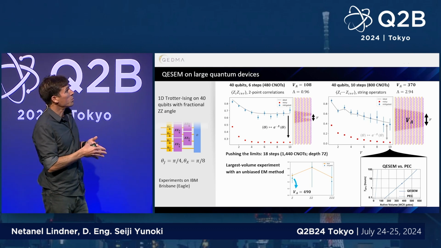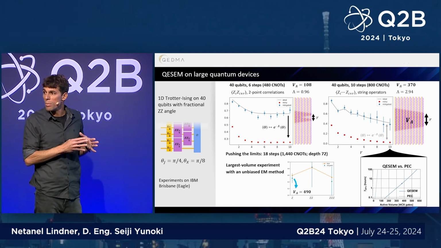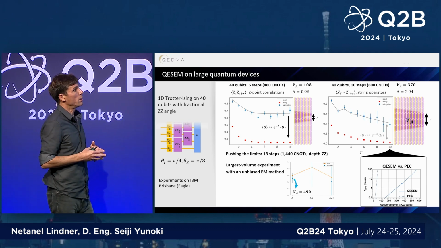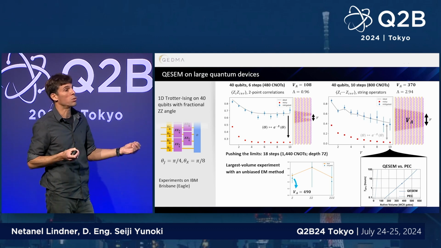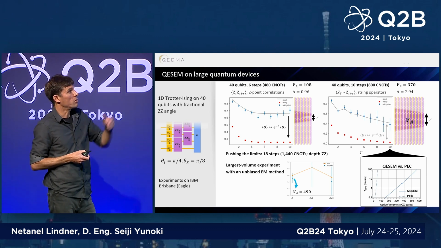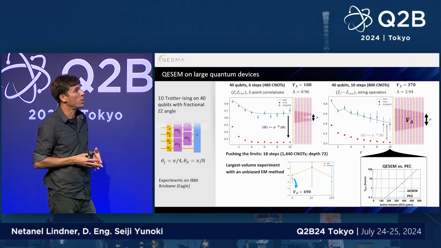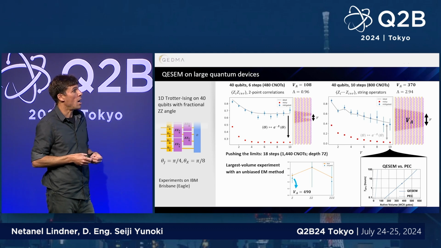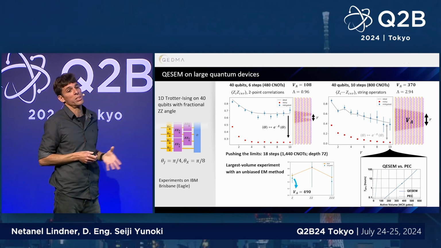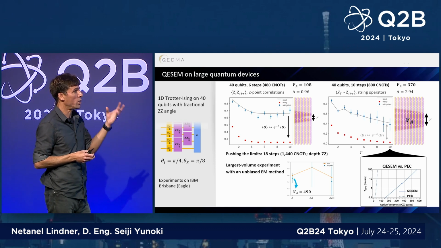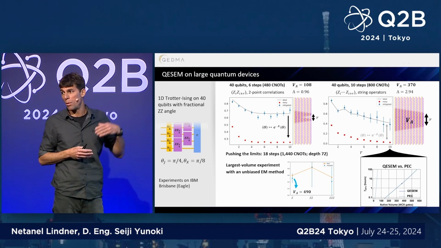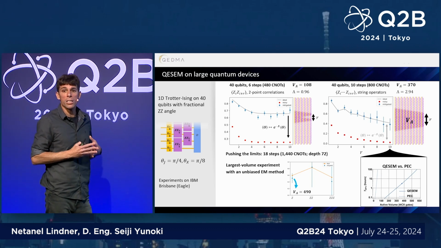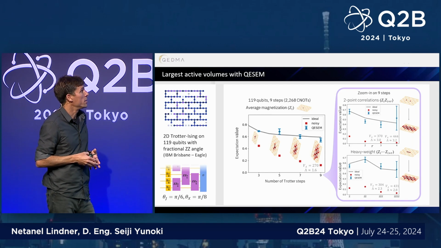Now, the first demonstration I want to show you is a demonstration on a one-dimensional model with 40 qubits. And in this demonstration, we ran deep circuits, and we measured various quantities like 2-point correlations and string operators. You can see on the plot on the right, as a function of the length of the string operator, we basically access higher and higher active volume, reaching all the way up to a volume of 490 2-qubit gates in a circuit that in total had 1,400 gates and a depth of 72 layers. Okay? So this is probably one of the largest unbiased error mitigation experiments ever performed,